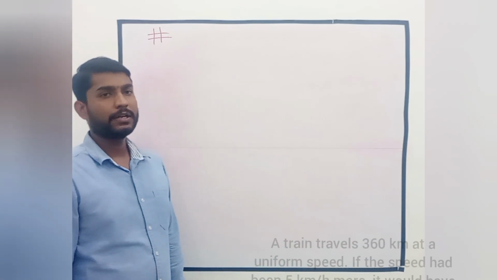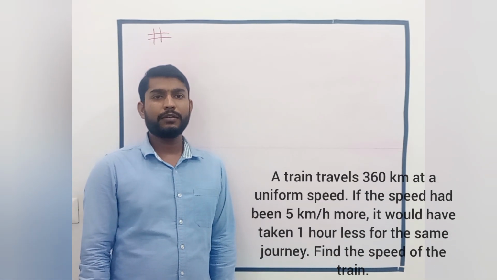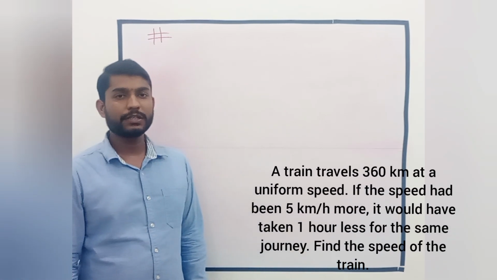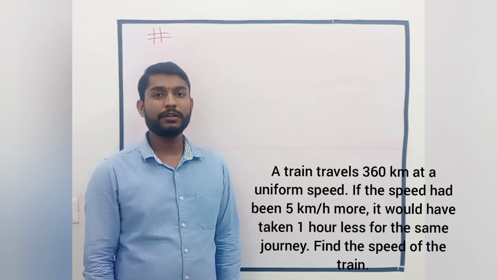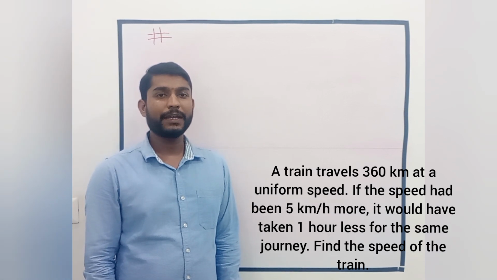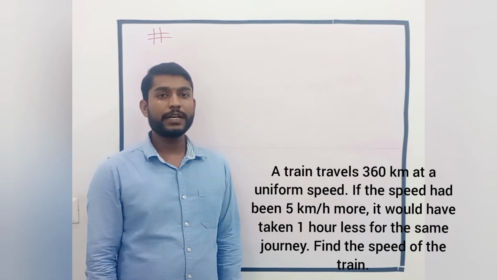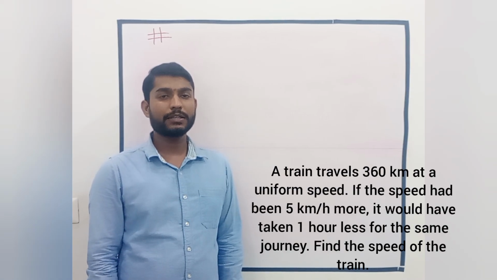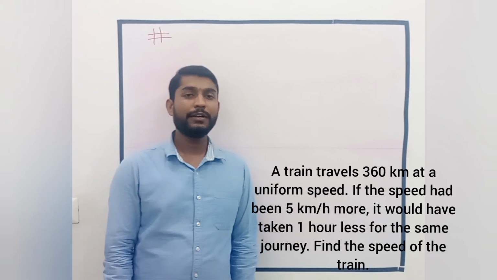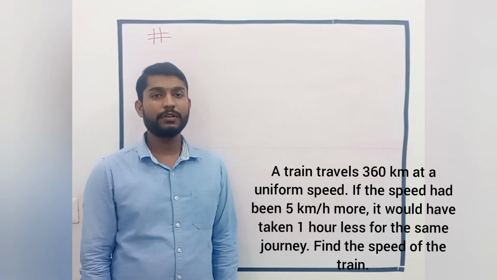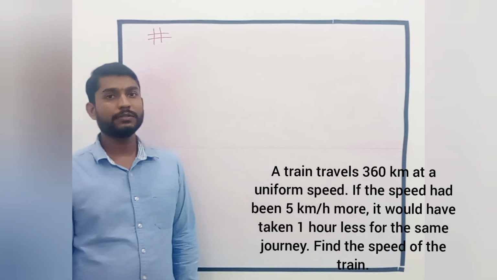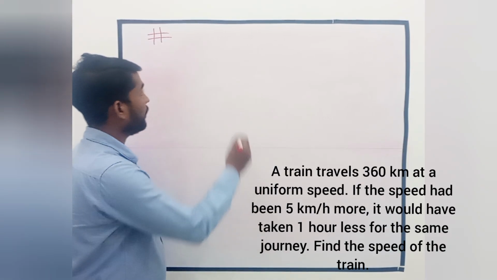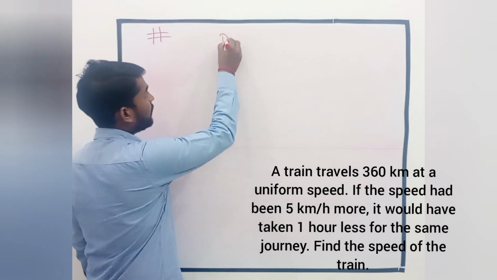The question is this: a train travels 360 km at a uniform speed. If the speed is increased by 5 km per hour, it would take 1 hour less. If the speed increases, the time taken for the same distance will be reduced, and we have to find the speed of the train. Now we can take the distance,